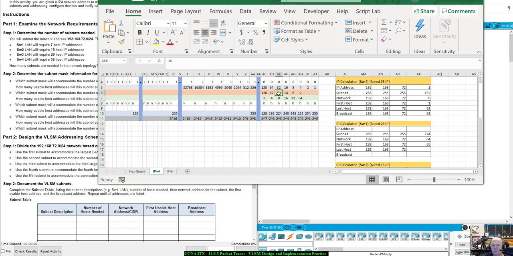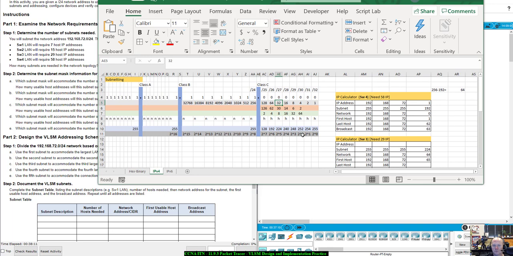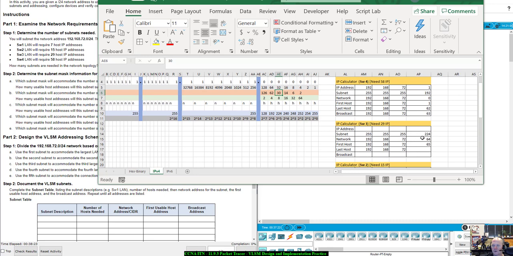Right here it shows me I had 32 possible addresses total for a .224 address. I'm talking about the fourth octet. So 30 possible usable addresses. So if I take the network address,